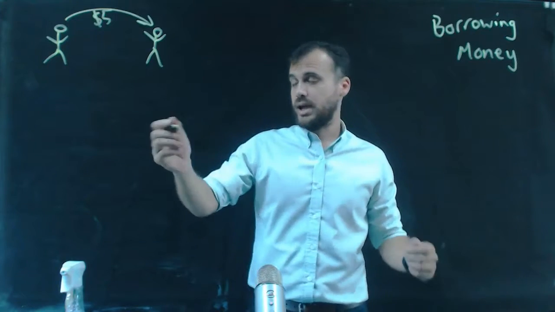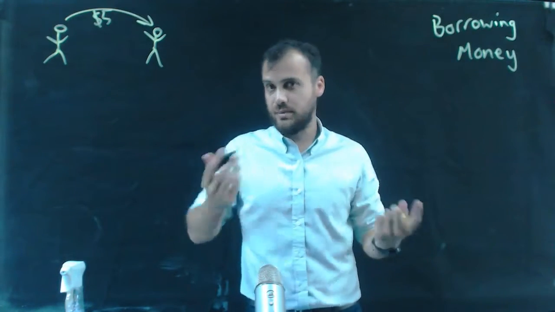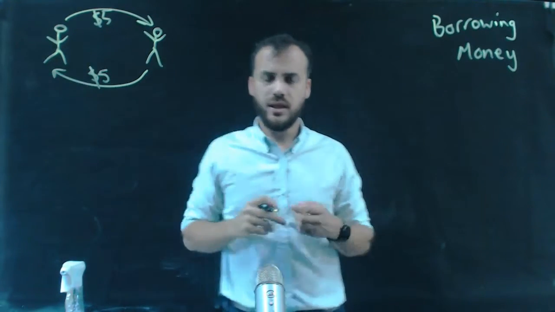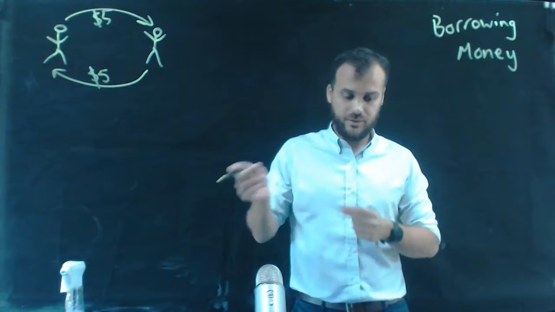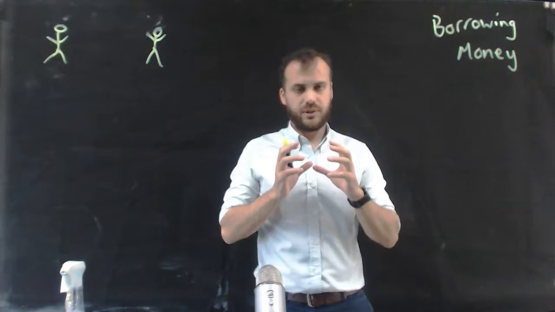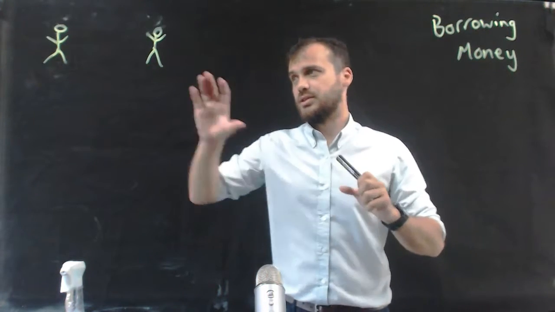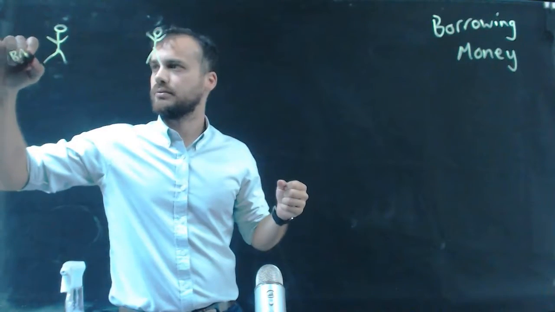This guy gives you $5. So he lends you $5, pretty simple, and then you, hopefully, in the next couple of days, maybe in a week, you pay him the $5 back. That's a really nice interaction between friends, borrowing. But the interactions we're going to look at are slightly different. Let's say it's not a person anymore. Let's make it a bank.